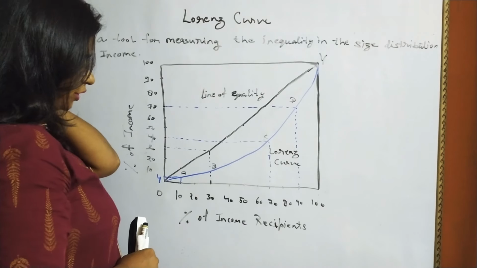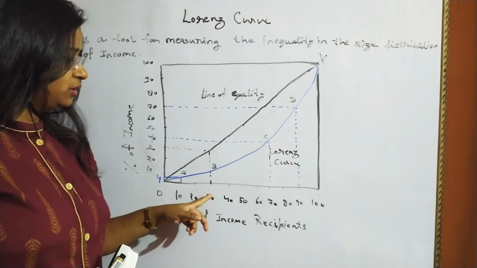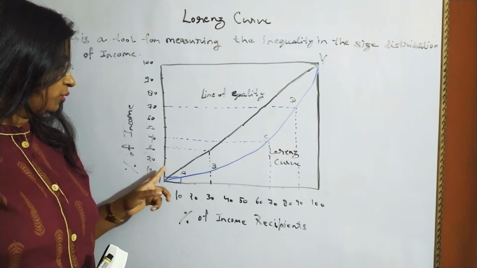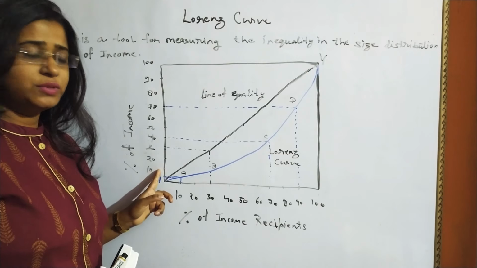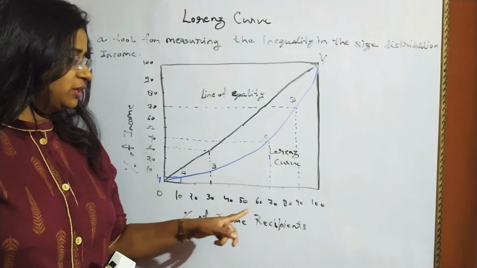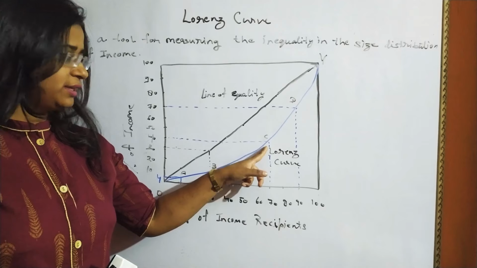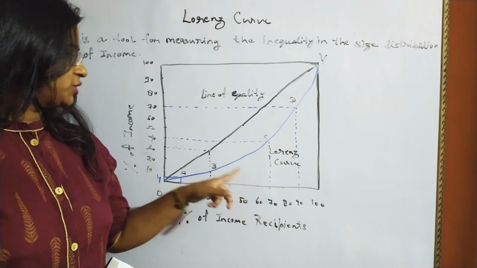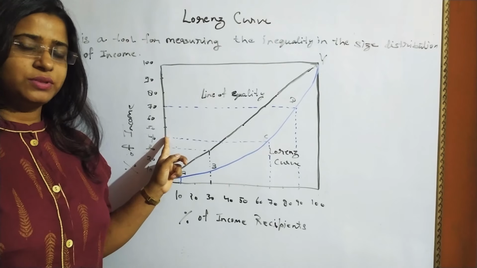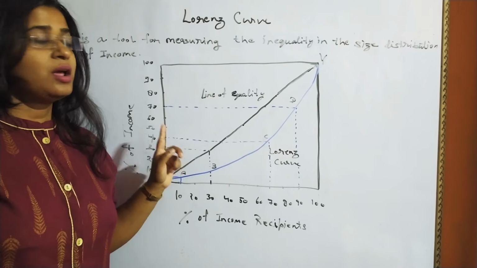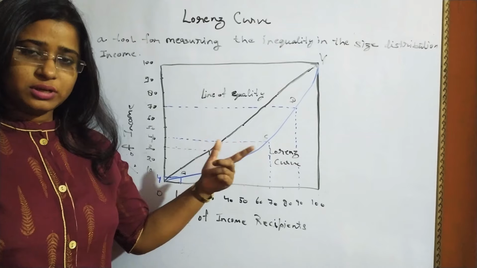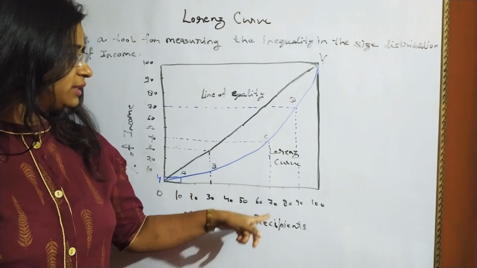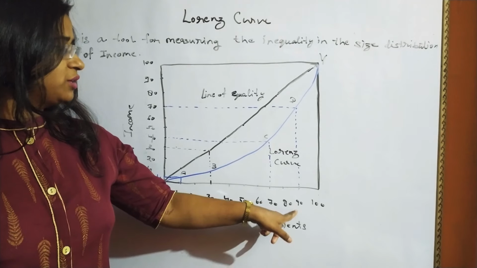If we consider point B on this Lorenz curve, we can see that 30% of the population is getting only around 10% of the national income. Similarly, on point C, we can see that 70% of the population is getting only 40% of the national income. And now, if we move further ahead on this Lorenz curve to the right, we see that 90% of the